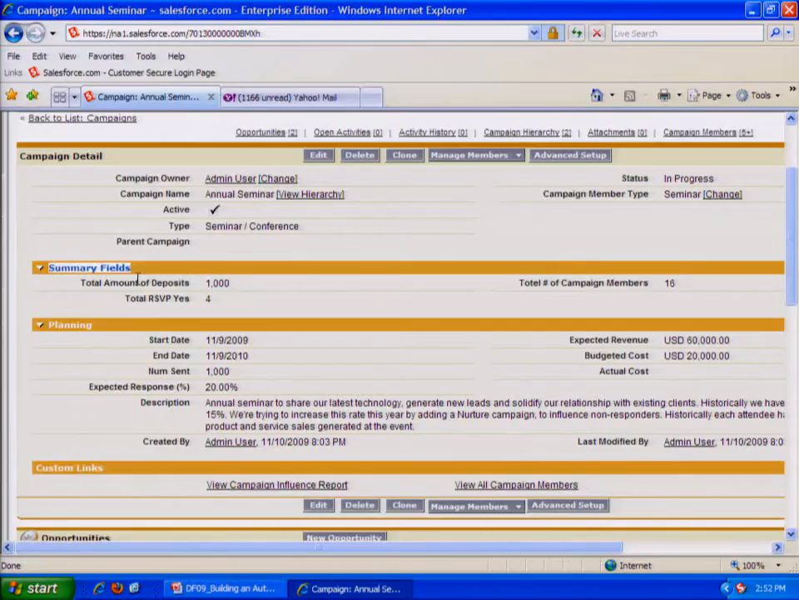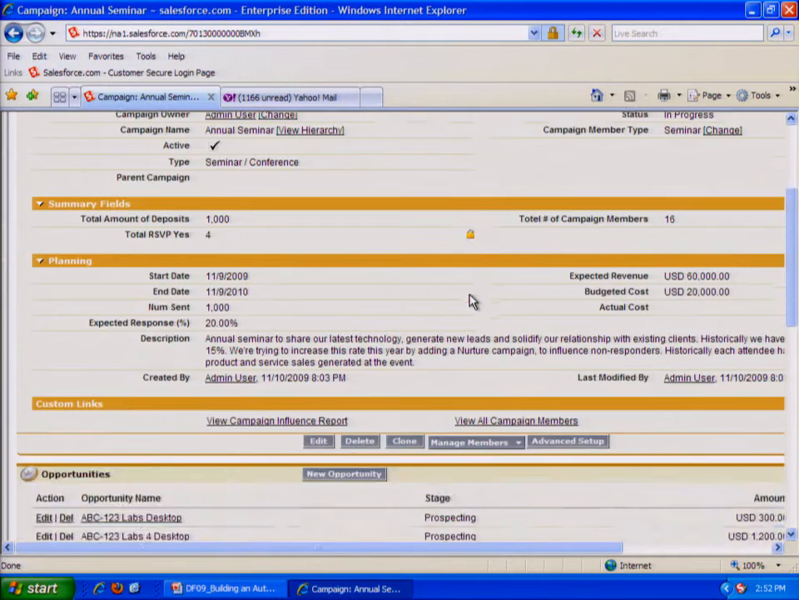So we have the total amount of deposits, the total RSVPs, yes. So we're keeping track of how many people have actually responded to this campaign. This is all customized. Total number of campaign members, it's all being pulled from that campaign member record. Okay, and then if you scroll down a little bit,